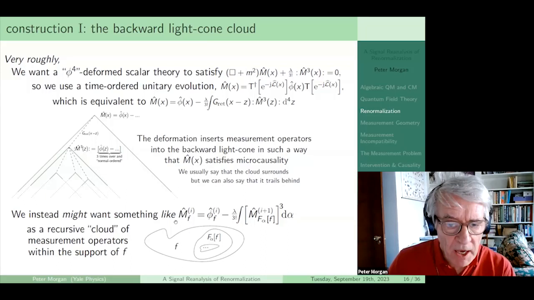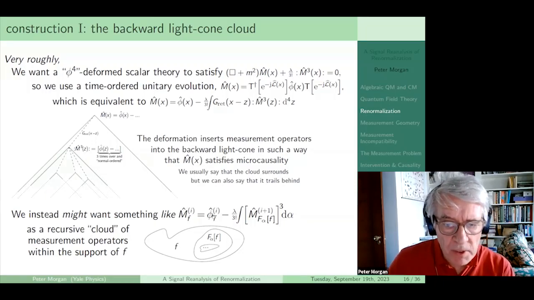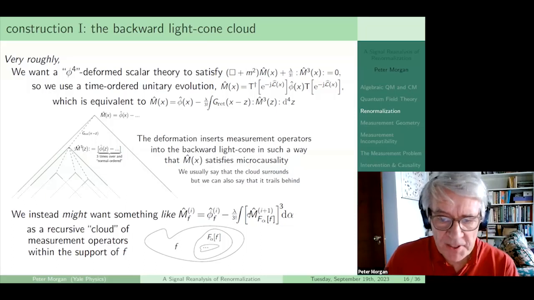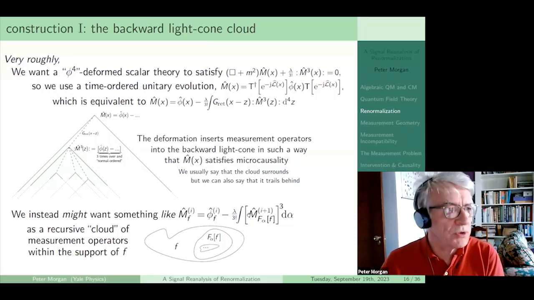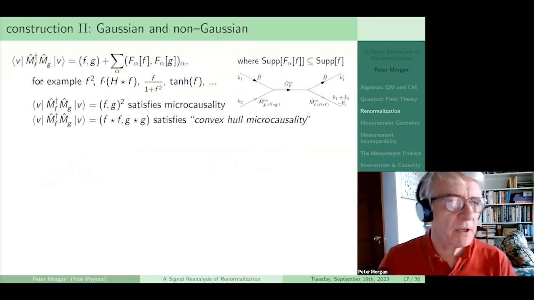So we'd take, at each level, we'd construct the deformed measurement operator at that level in terms of a free field together with a deformation that looks a little similar to what we have here. And I won't dwell on that because of time, but still, this is clearly something that is still local, still satisfies microcausality. So a second construction.